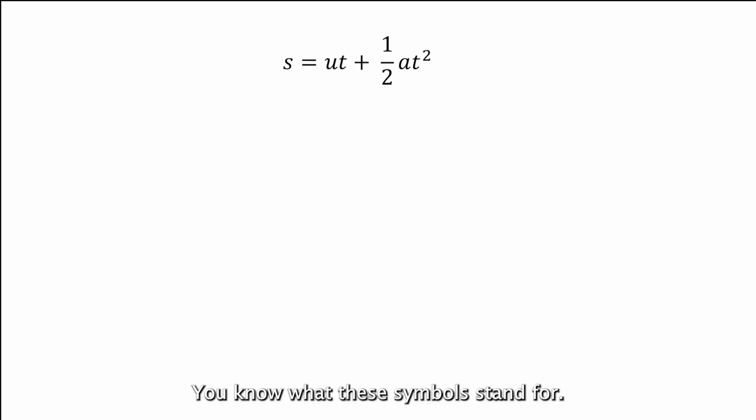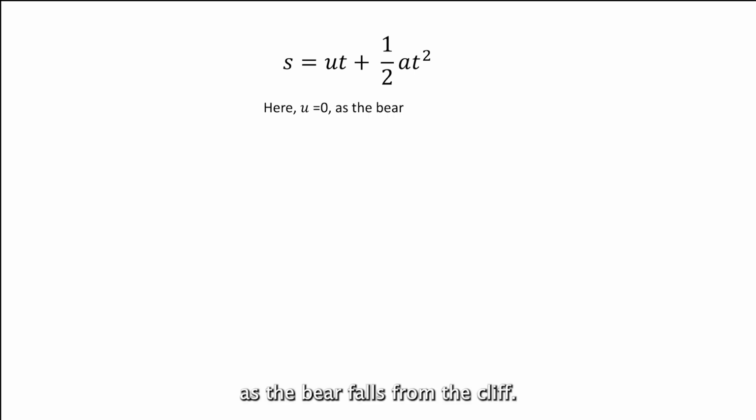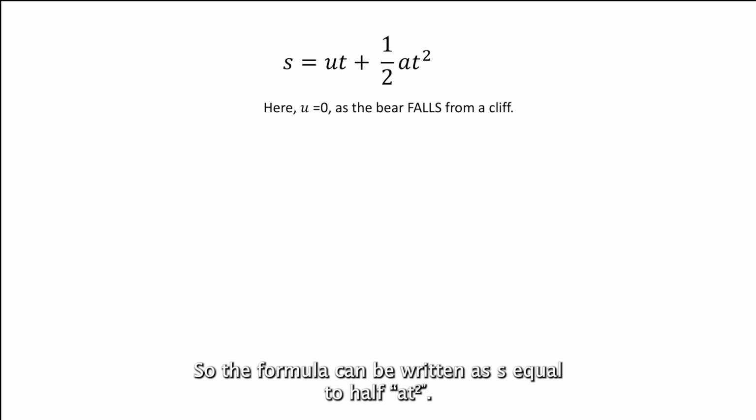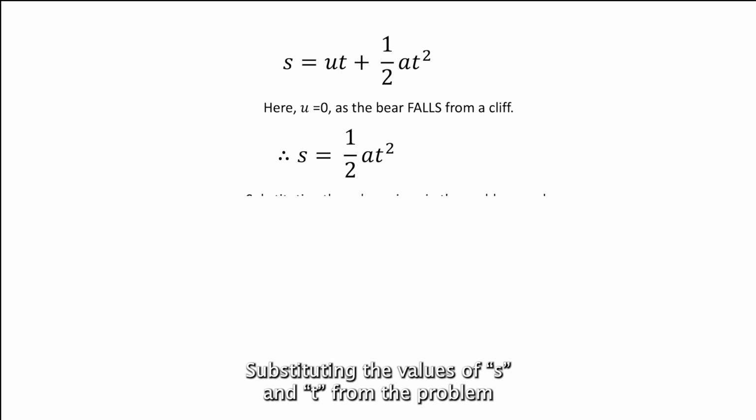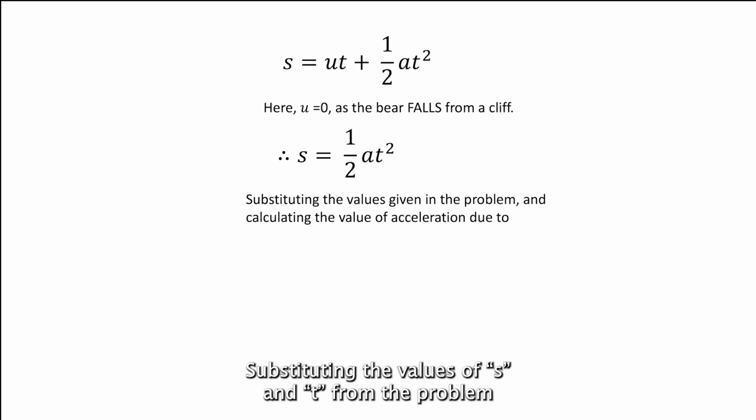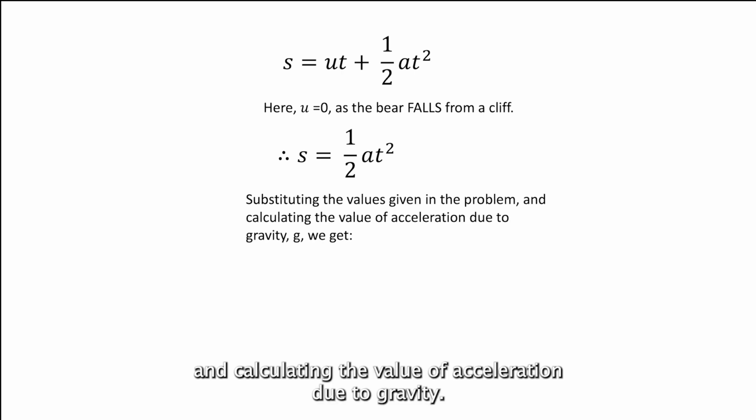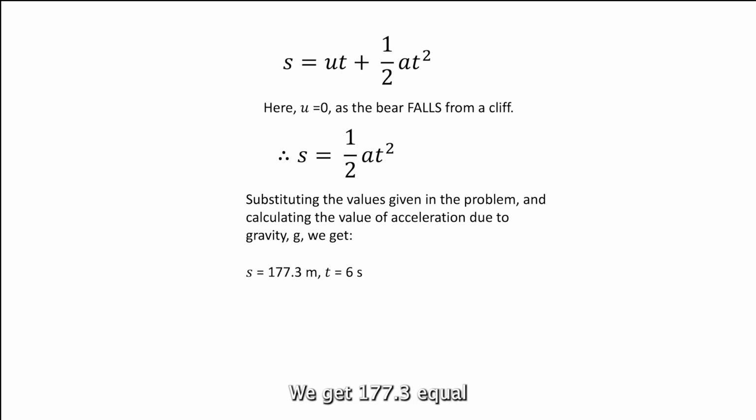Using the formula S equal to ut plus half at squared, you know what these symbols stand for, so just let's use it. We see that here u, the initial velocity, is 0 as the bear falls from the cliff. So the formula can be written as S equal to half at squared. Substituting the values of S and t from the problem and calculating the value of acceleration due to gravity, we get